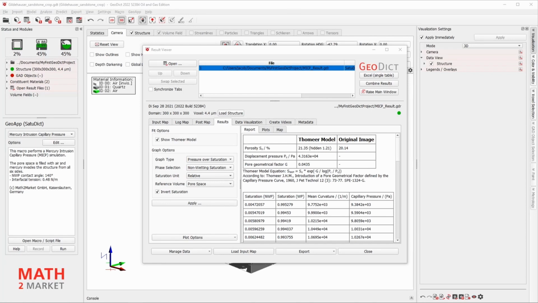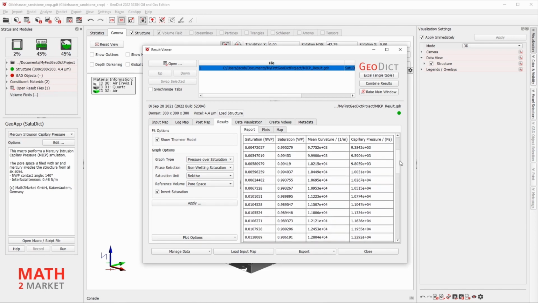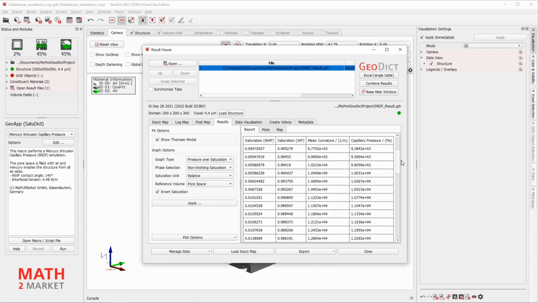After the simulation is finished, you might want to have a look at the result viewer. As you can see, a hidden porosity of 1.21 is considered to be hidden in our dataset. You may also have a look at each of the saturation steps individually based on the applied pressure.